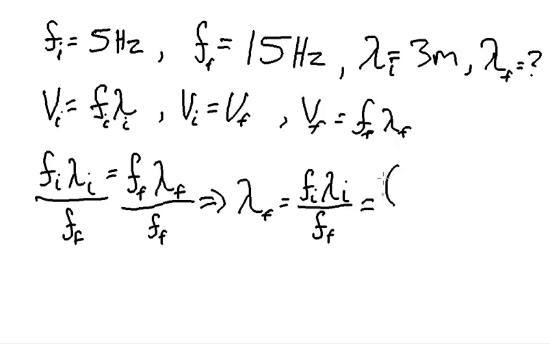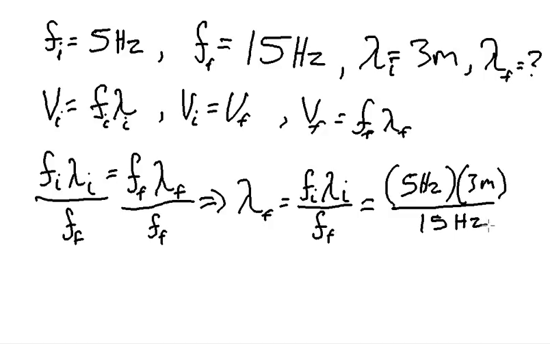The initial frequency was 5 hertz. The initial wavelength is 3 meters. And the final frequency is 15 hertz. So that means we're solving for the final wavelength. Five times 3, well, this is 1 over second. So technically up top here we have 15